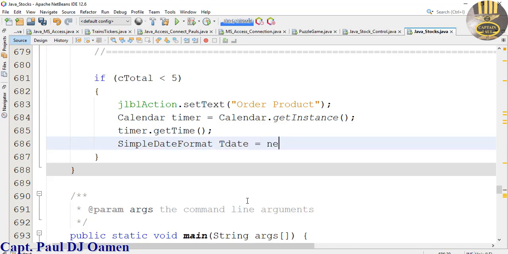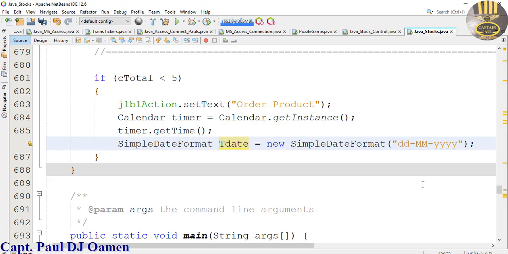That is going to be equals new simple date format, and it's going to take the following format, and let's say mm and the year. No, let's make that lowercase. 1 2 3 4. There we go, and semicolon. Okay, now that those ones are taken care of,